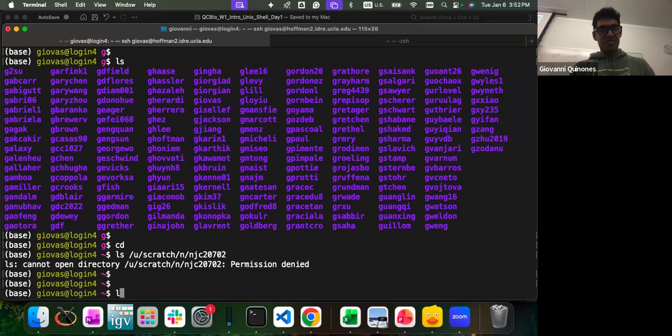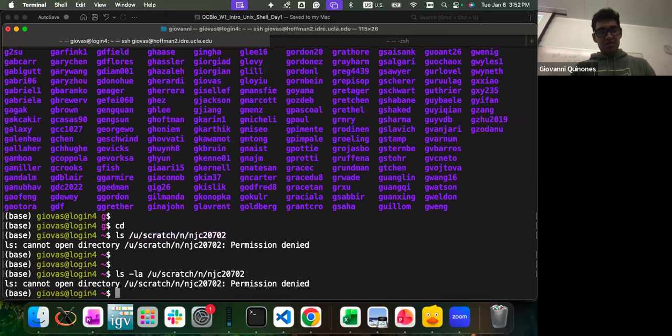Okay, let me check your permissions for the Scratch folder. But this is the path to your Scratch folder, correct? Okay.